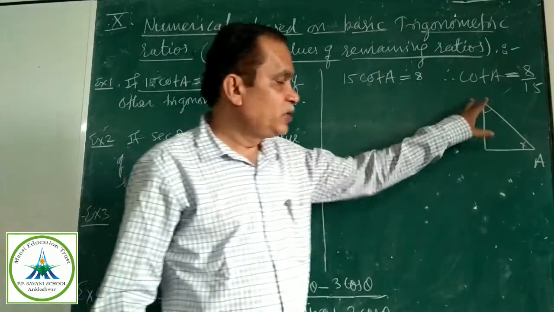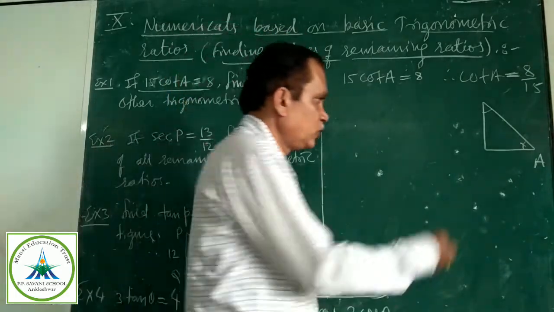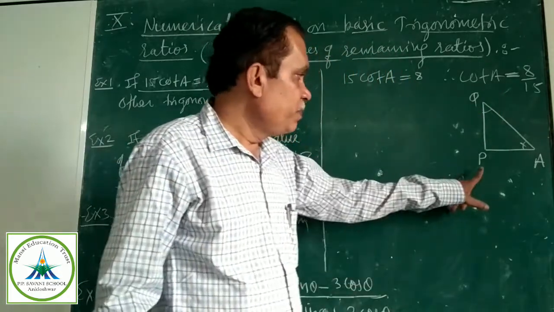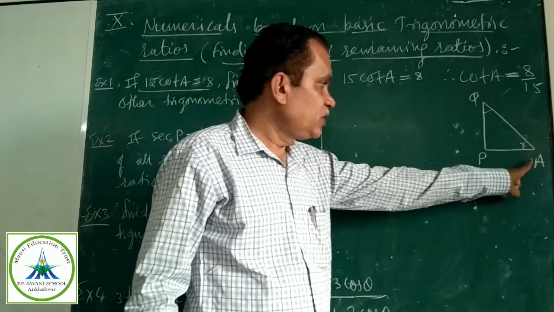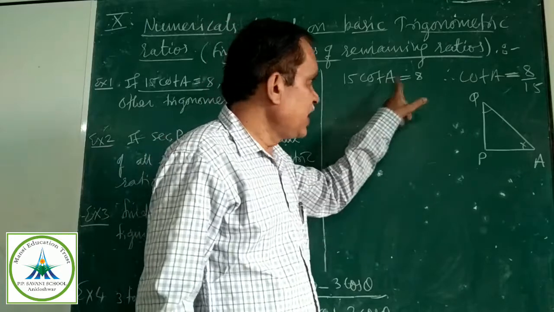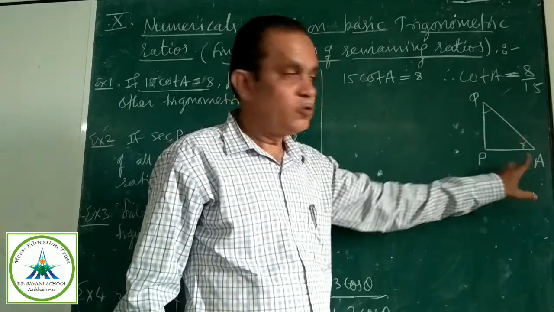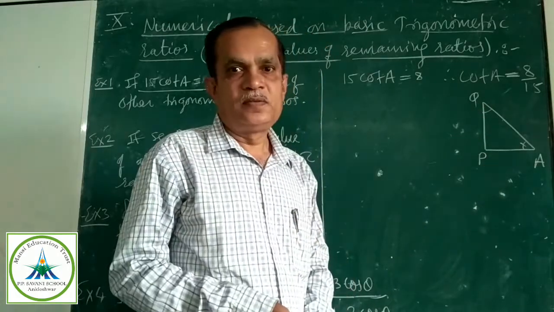Now the remaining two names are up to us. I can write, suppose, P and Q. Important is this: draw a triangle and give the name to the angle, either this or this. We give this. So these two names are remaining, and now we will give names to these two.